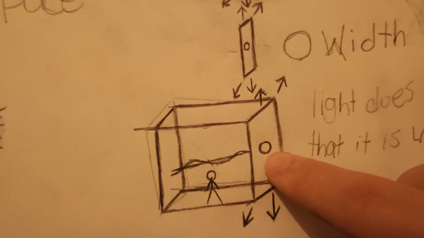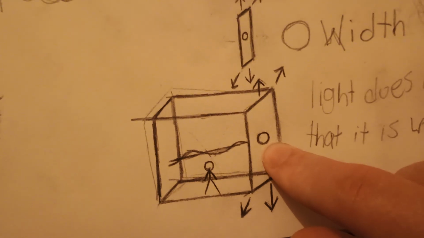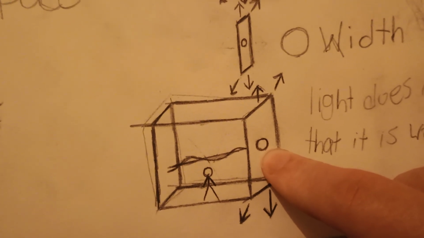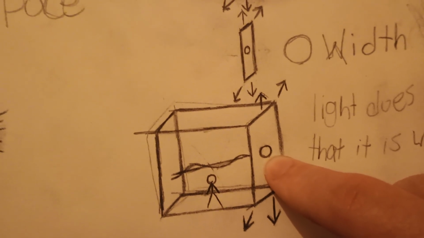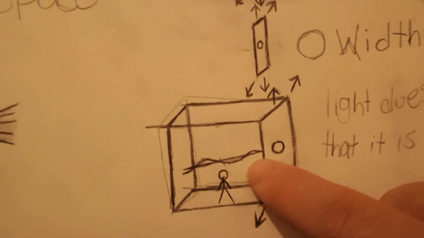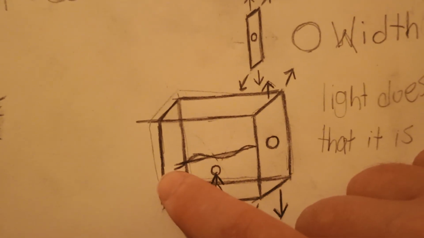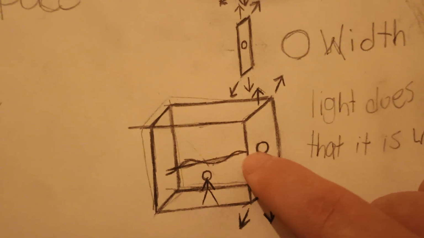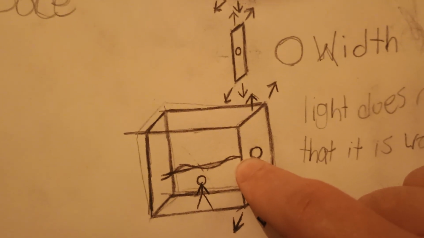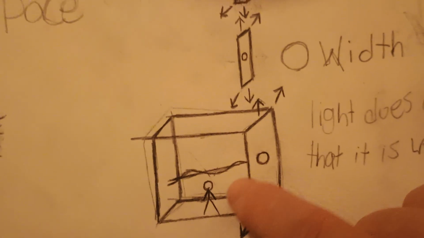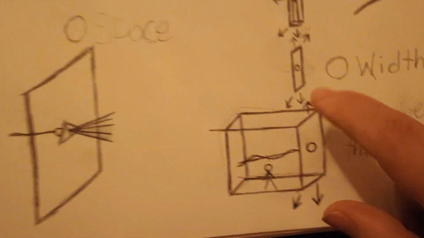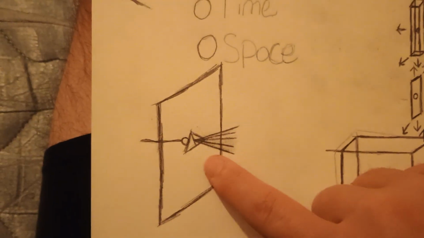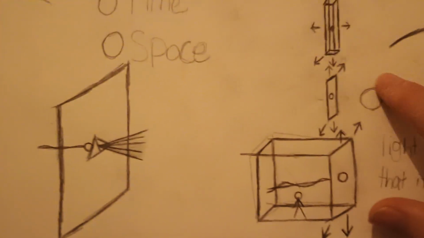So we have light. And then we have the electromagnetic wave that propagates through space-time. What I did here was I took this example